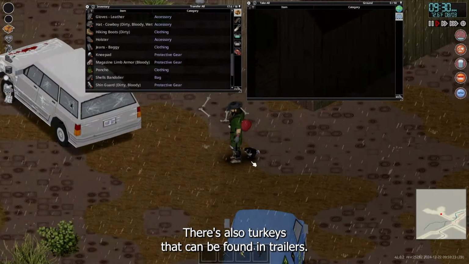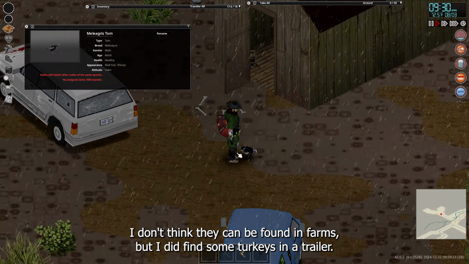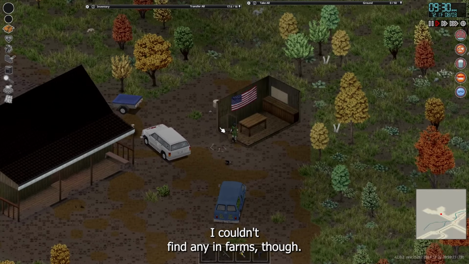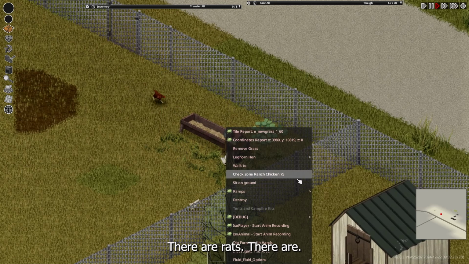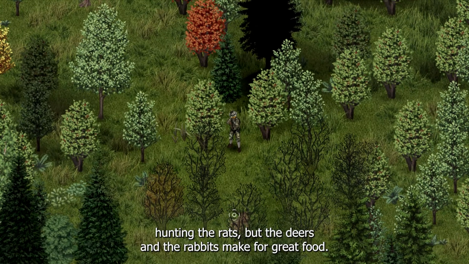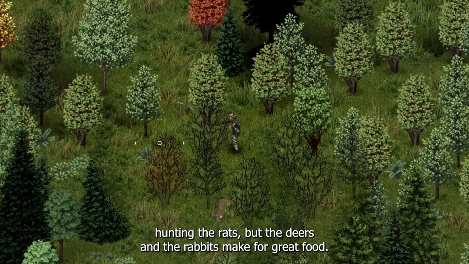There's also turkeys that can be found in trailers. I don't think they can be found in farms, but I did find some turkeys in a trailer. I couldn't find any on farms though. Then there are the wildlife animals. There are rats, rabbits and deers. These can all be hunted. I wouldn't recommend hunting the rats, but the deers and the rabbits make for great food, and you can freeze